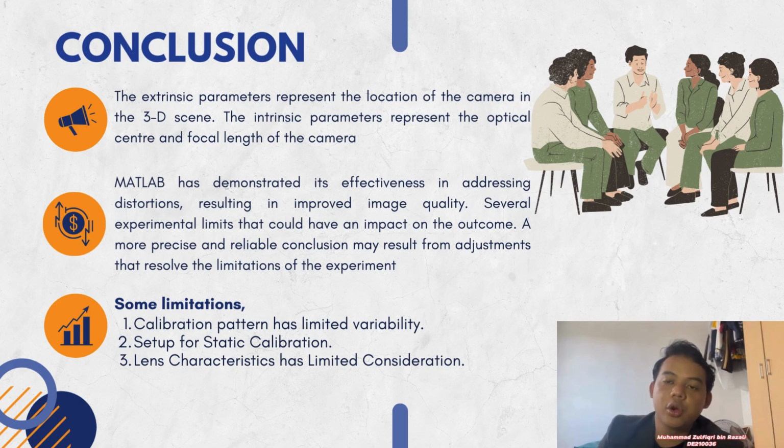And as we tried to complete this project, we discovered several experimental limits that could have an impact on the outcome. For example, for the first limitation, we have limited calibration pattern variability. It's possible that a calibration pattern with a single size or design won't accurately represent the variety of circumstances the camera can encounter in real life situations or scenarios. So the improvement is to ensure reliable parameter estimates, use a